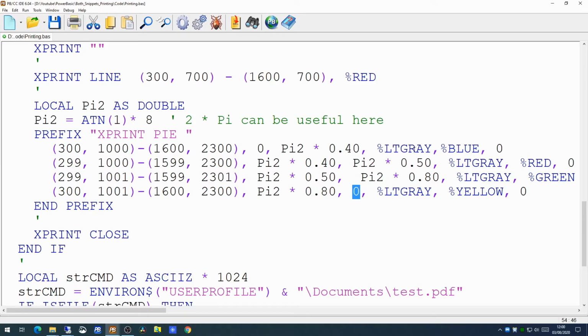And you're setting the bounding colour to each of them to be light grey, and the fill colour to be red, blue, green and yellow. The final parameter is the fill. 0 is a solid fill. You can of course have hatch fills,